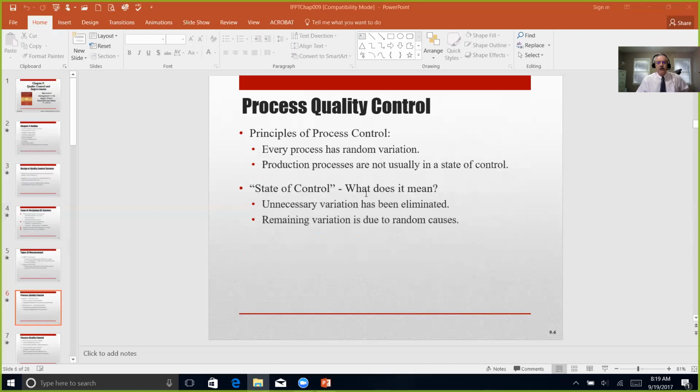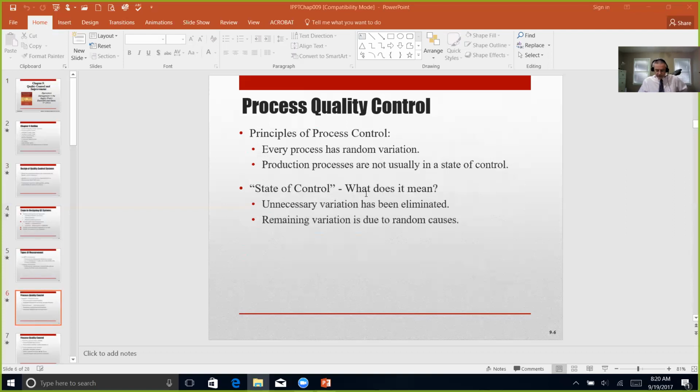That assignable cause, when we find something wrong, may be a change in the process, a resetting of the machine, or re-looking at the material, up to and including maybe even changing out the people who are operating the machine for a multitude of reasons. So this process can be brought to a state of control, and it can be